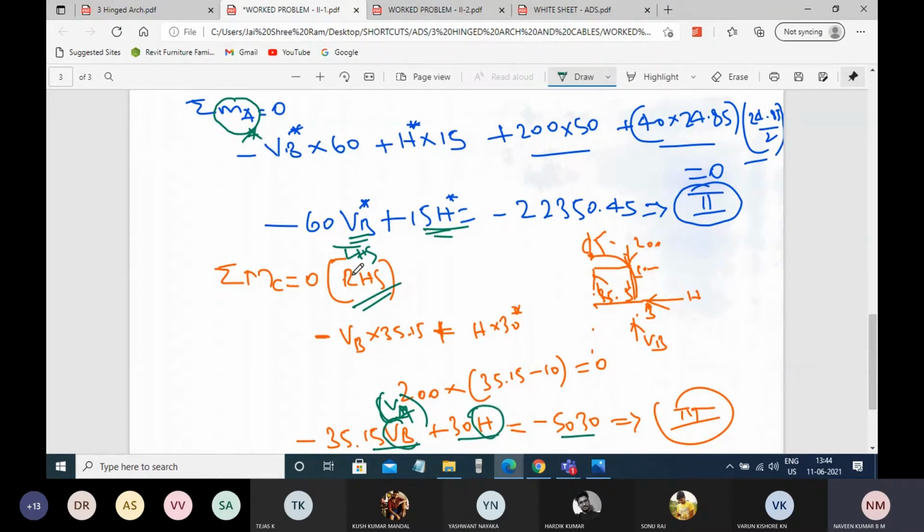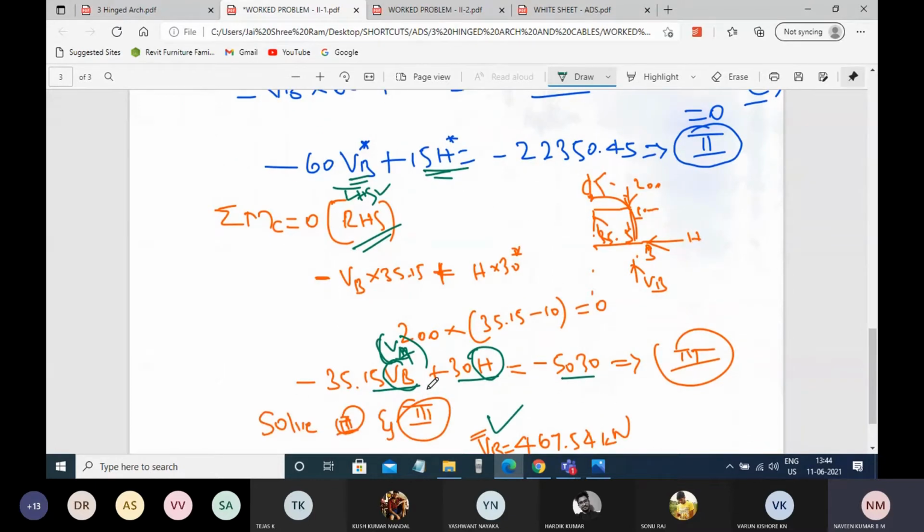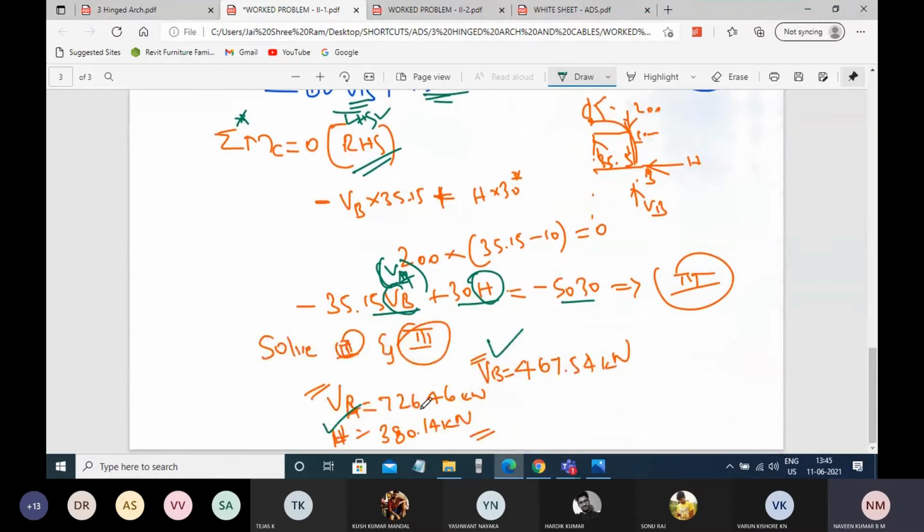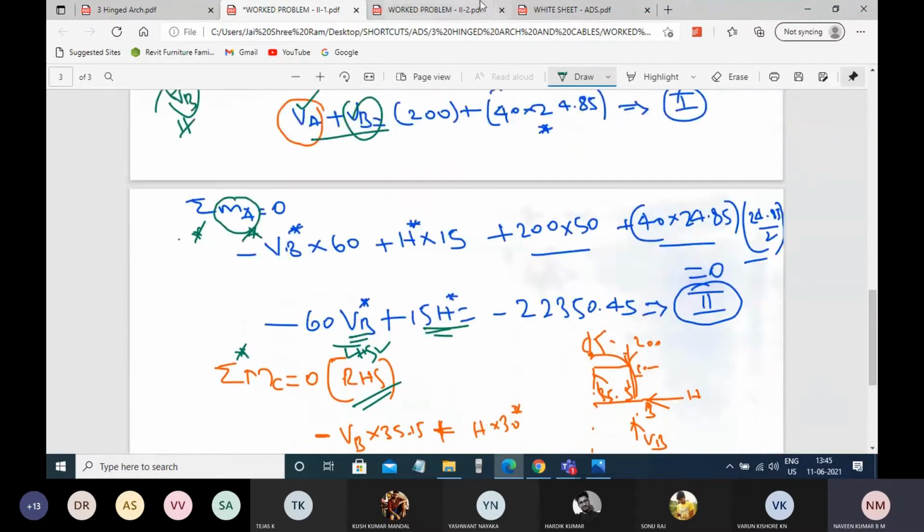If I take LHS instead of RHS, you'll form an equation in terms of VA as well as H. So that is wrong, right? Not wrong, but you will not get the solution. Understood? For that reason, you should be very, very careful. At this point of time also, you should be very, very careful. So once you got this, I hope you are able to get the reactions. So next,